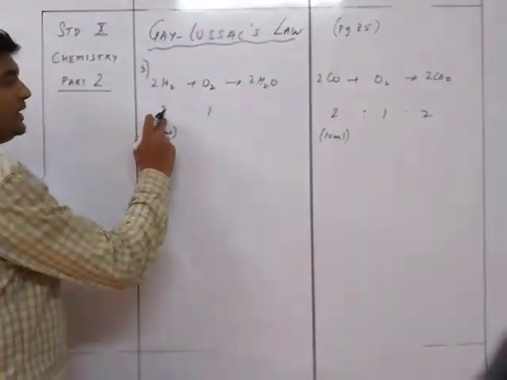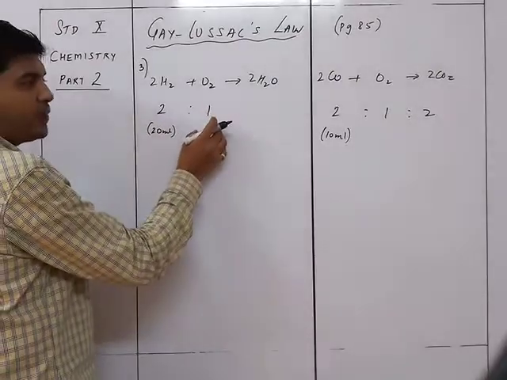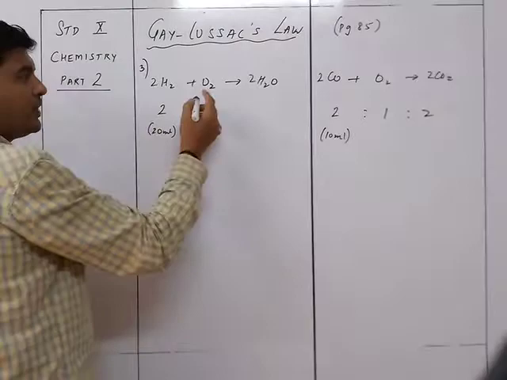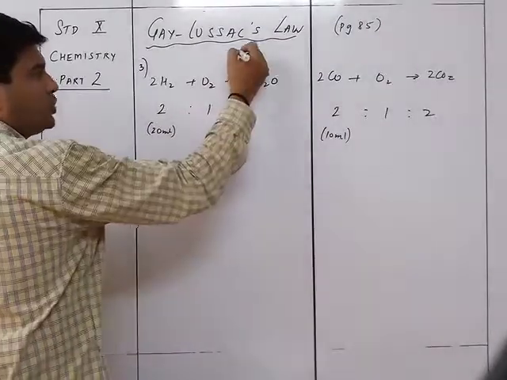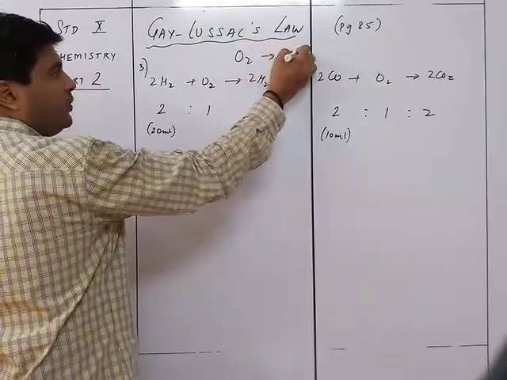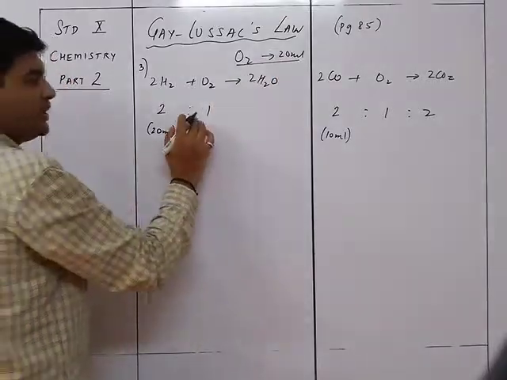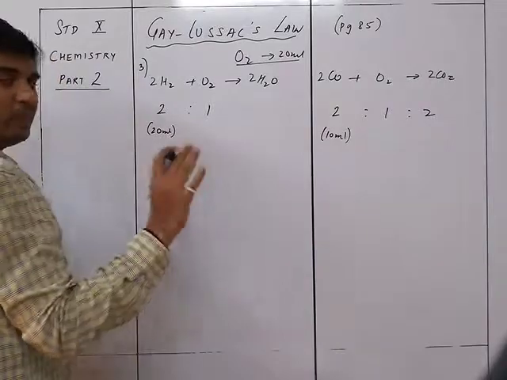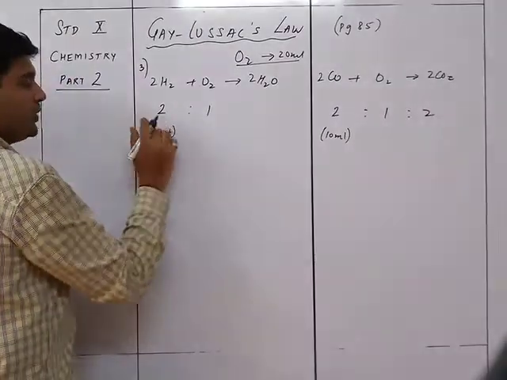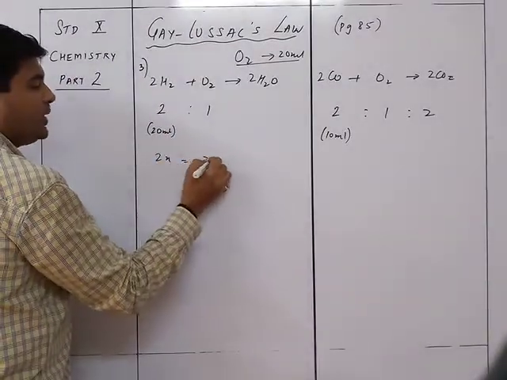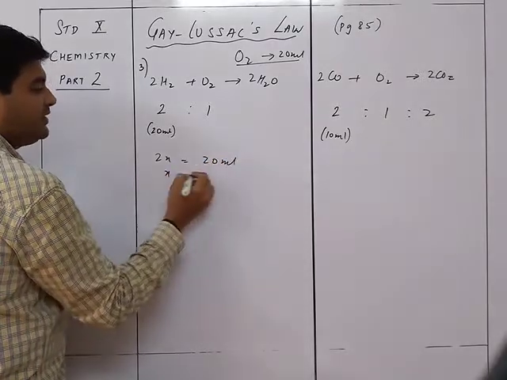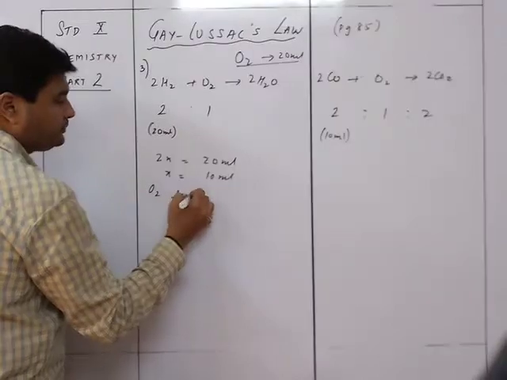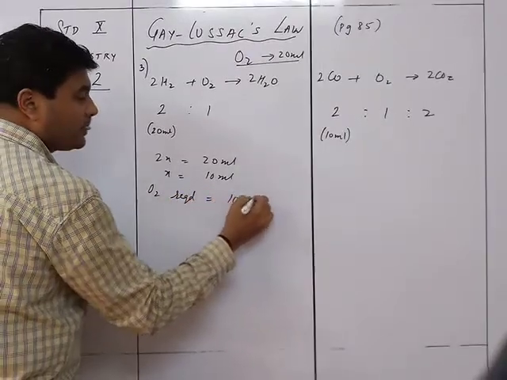So we see over here, we need to find out what is the oxygen required over here and what is the oxygen required over here. We know that the total amount of oxygen we have is 20 ml, so O2 is equal to 20 ml. Of course, if the total of this and this is more than 20 ml, then we have to see something else, but normally it doesn't happen that way. So 2x is equal to 20 ml. Therefore x is equal to 10 ml. Therefore O2 used or required is equal to 10 ml.